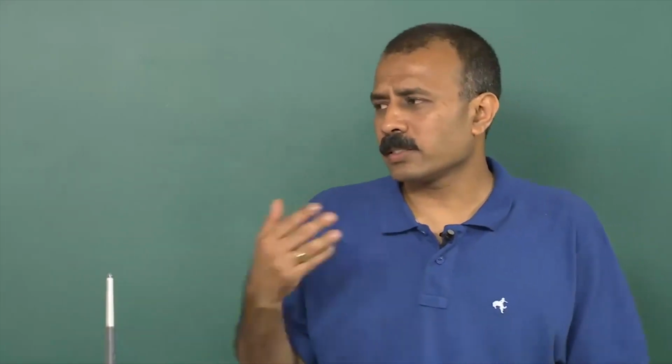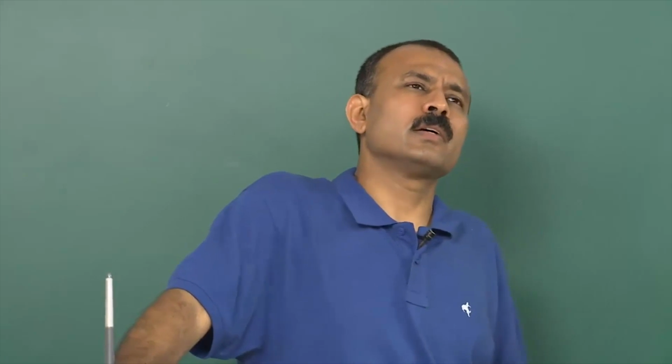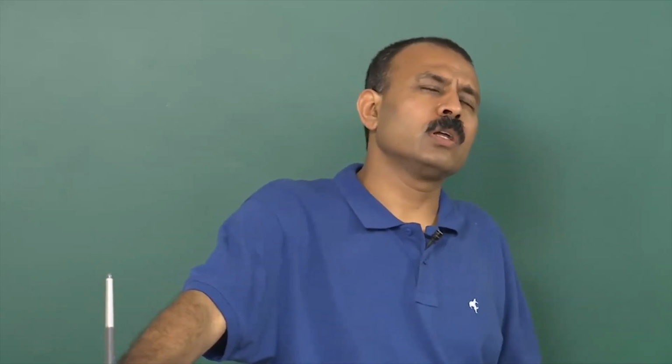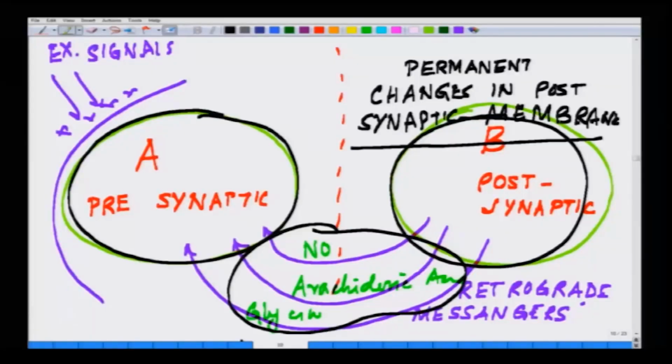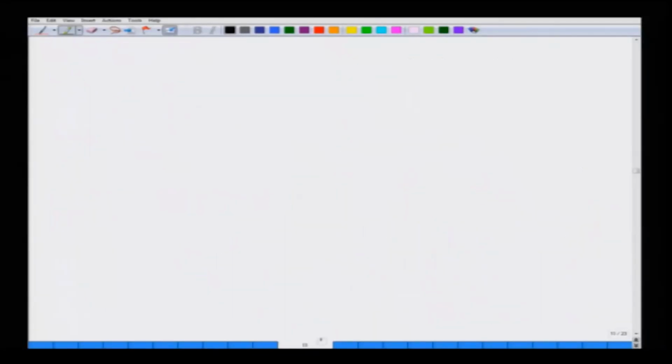Or say, for example, you do bicycling, you are biking, you are walking, how are these coordinated? You never do a memory recall for all these processes, so there must be other coding information. And that takes us to the next set of information coding, which falls under another model called the long term depression model. We will come to that, but before I come to the long term depression model, what essentially